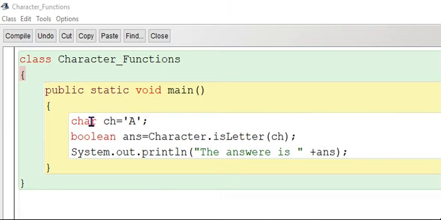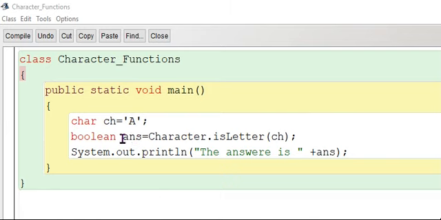Suppose we have a character variable ch and we have stored a capital A in it. Now the different character functions are, the first function is Character.isLetter. This function is used to check whether the value stored in the variable ch is a letter or not. If it is a letter, it will return a true value, so the value of the variable ans will become true.